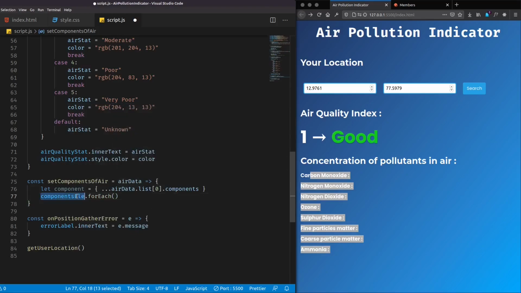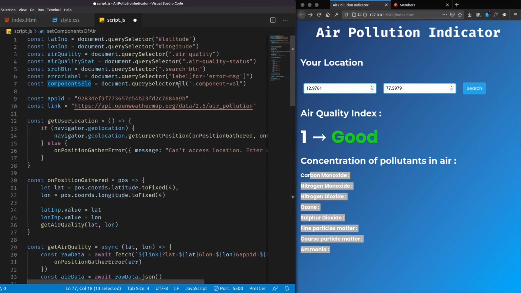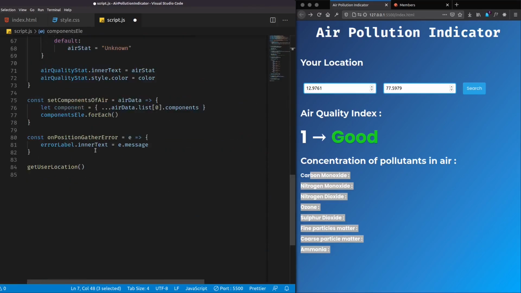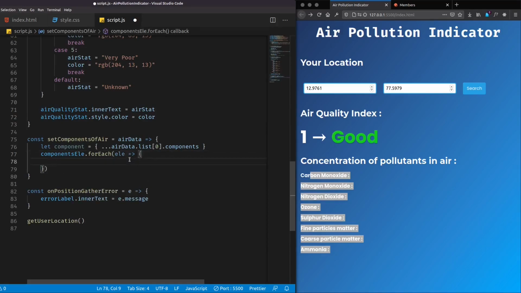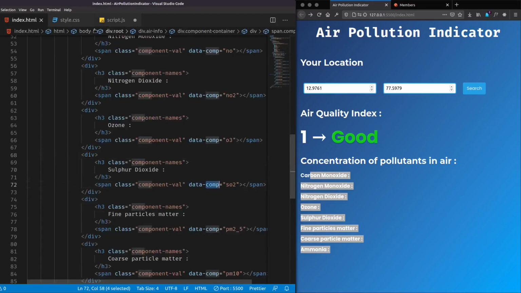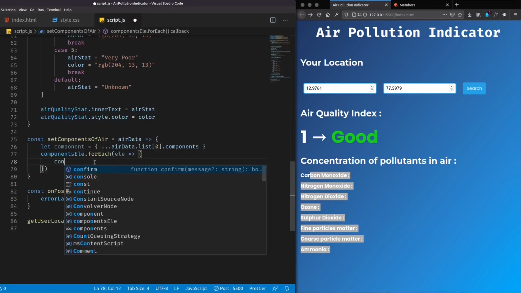Remember, this components LE is an array because I have used query selector all, so I can loop through it with the for each loop, and for every element I want to get the attribute we added over here, that is data comp. I'll get that and store it in a variable.